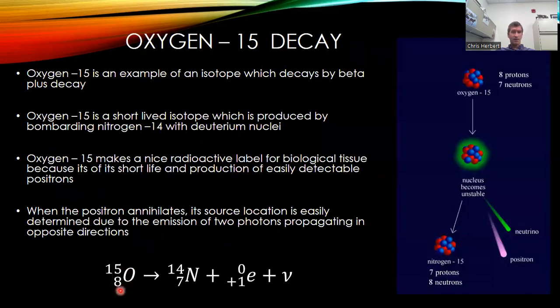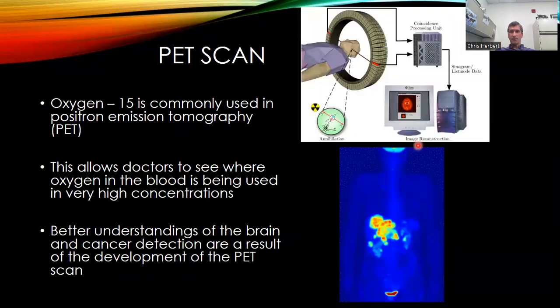And a good example of this is oxygen 15, which is used in PET scans. Now, oxygen 15 has a short decay time. So when somebody gets a PET scan, and PET stands for positron emission tomography, okay? They're injected with this short-lived isotope. Oxygen, typically the oxygen, I believe, is in glucose, but it's going to emit a positron. And the interesting thing about these PET scans is that